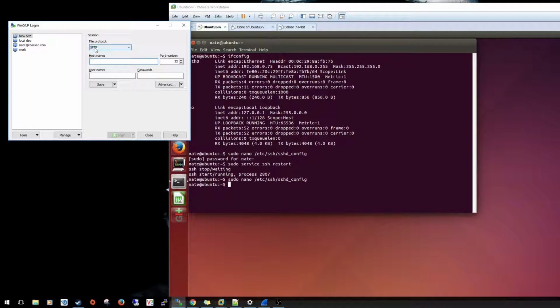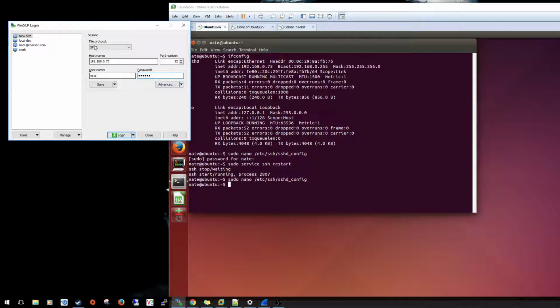So what we have selected by default is Secure File Transfer Protocol. And as you can see, that's running over port 22, which is SSH. So if we connect to our server, we can store those at the login level there. Now when we hit login, I believe since we've already cached the server key, it's not going